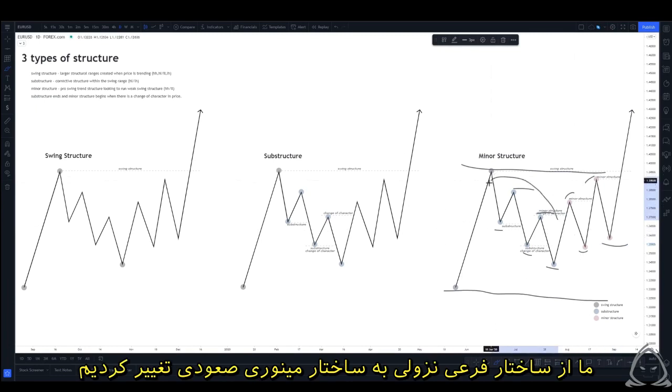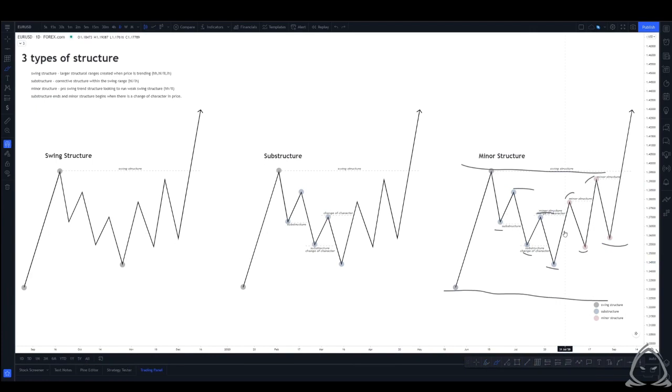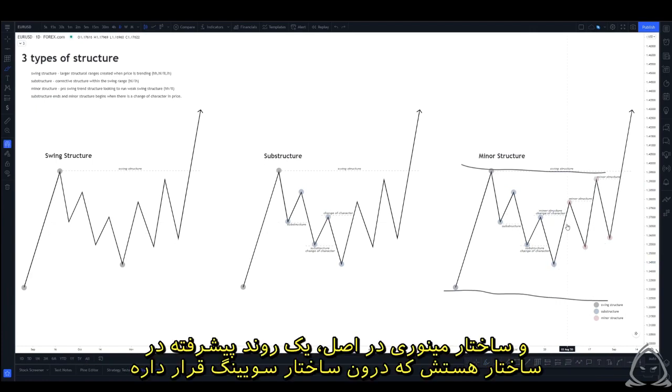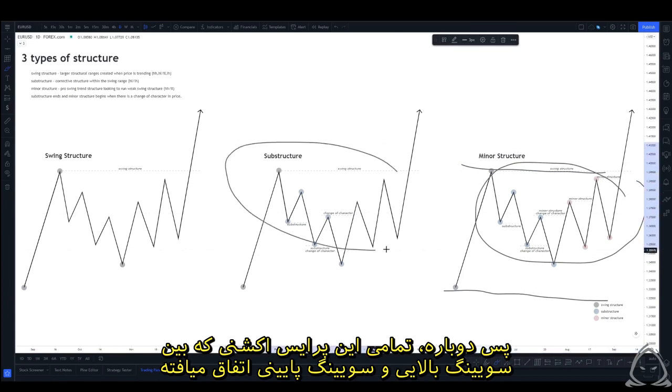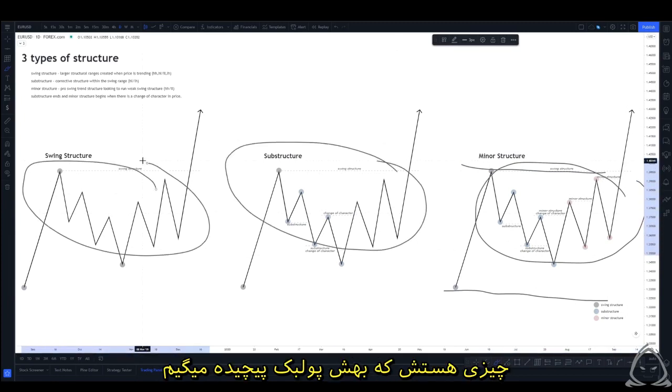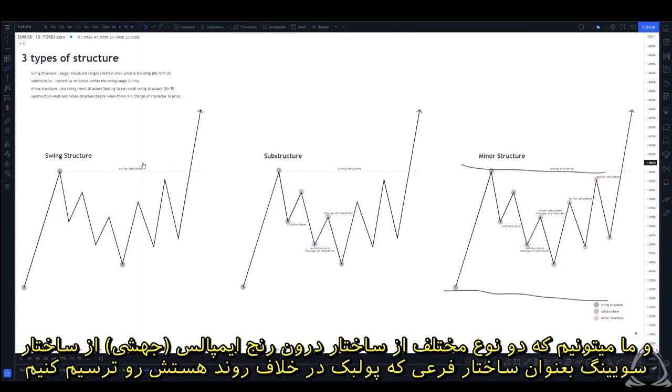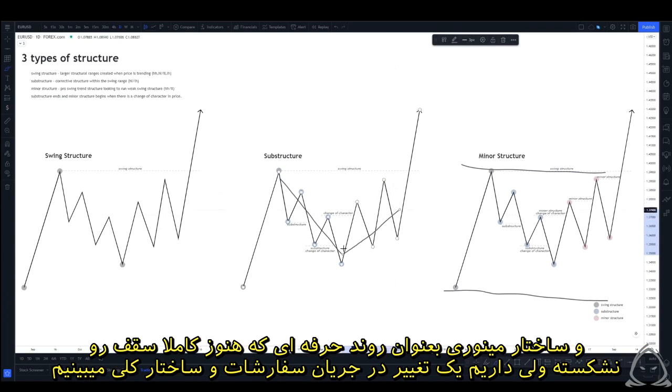We've switched from bearish substructure to bullish minor structure. And the minor structure is, in essence, the pro-trend structure that's contained within the swing structure. So again, all of this price action that's happening between the swing high and the swing low is what we would call a complex pullback, and we're able to delineate the two different groupings of structure within the impulsive range of the swing structure as substructure for the counter trend pullback and minor structure as the pro trend move